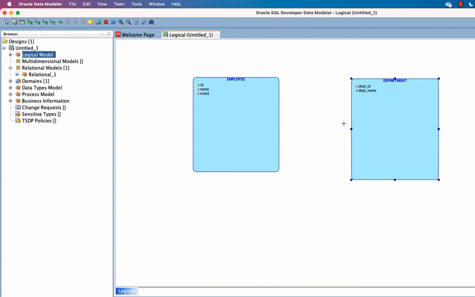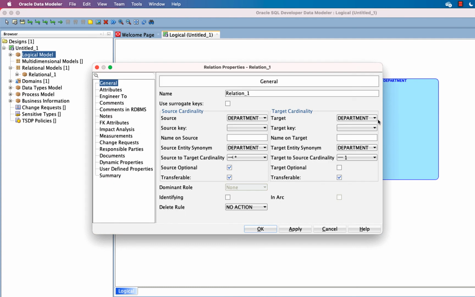Now we have to create a relationship. So one-to-many relationship, this entity to this entity, employees, that's fine. Source to target cardinality is 1. Target to source cardinality is many, one-to-many. Source is optional, that's fine.